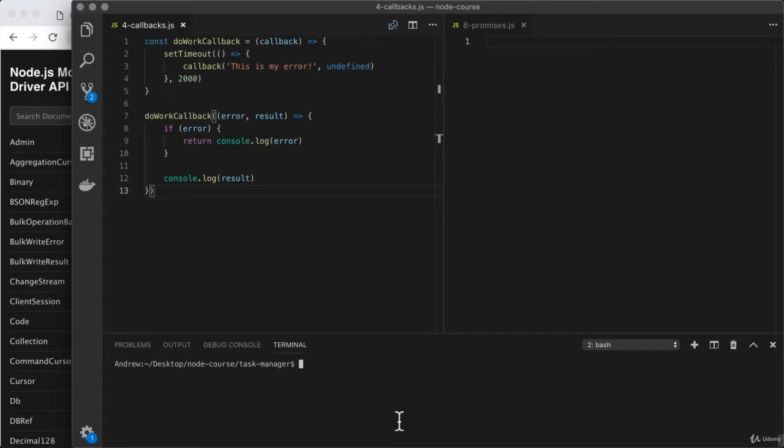In the terminal down below, I'll use cd:/playground to navigate over to that playground directory, and from here, we'll run our file. Node for callbacks.js. When we run it, what are we going to see? Well, after that 2-second delay, I would expect to see my error message, and that is exactly what I get